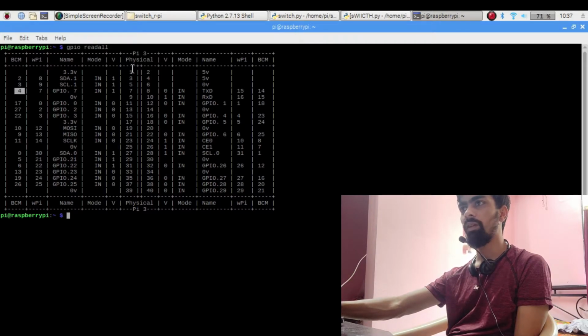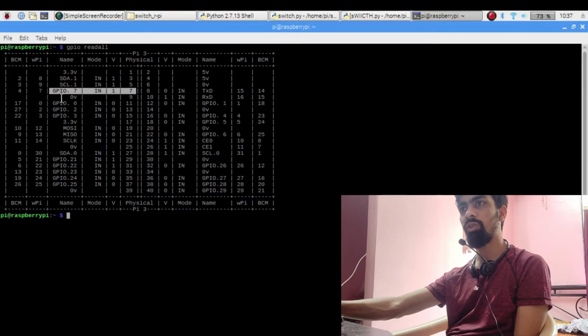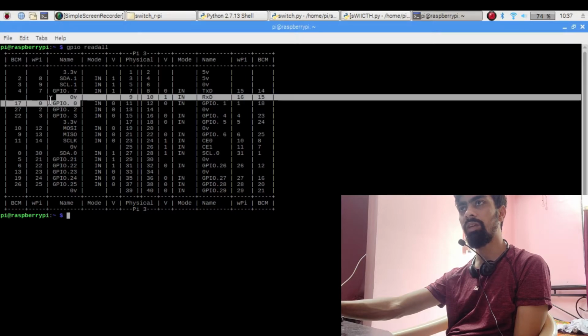Let's say in physical mode we have to use an LED pin and a switch pin for GPIO. You can go to the name column and search for different GPIO pins. Let's say first, GPIO 7. For the board, this pin acts as number 7, and the GPIO 0 pin acts as number 11. But in case you give BCM mode, then GPIO 0 will act as number 17.